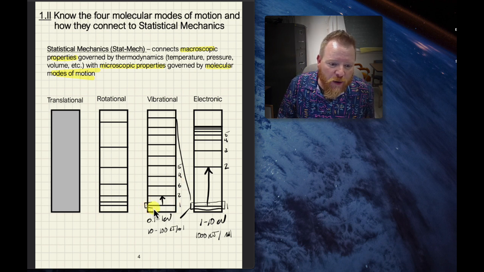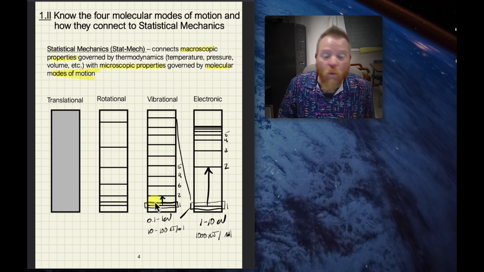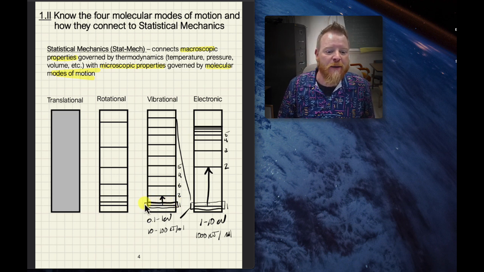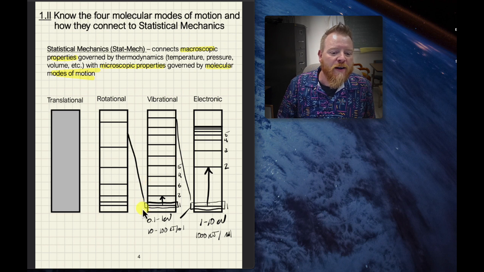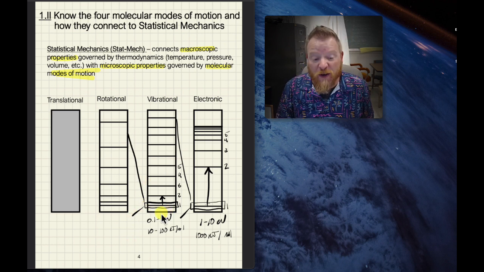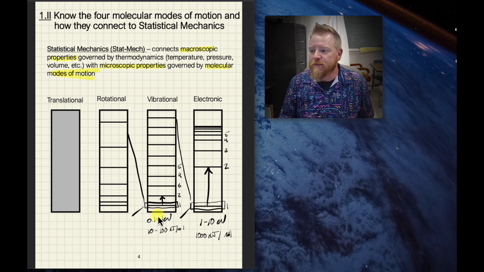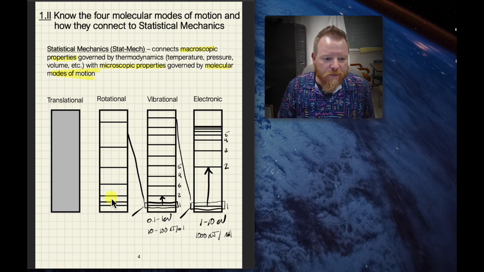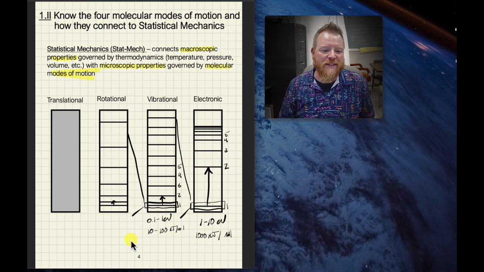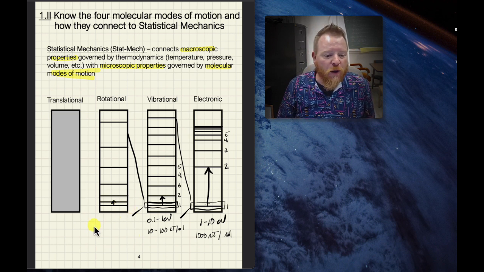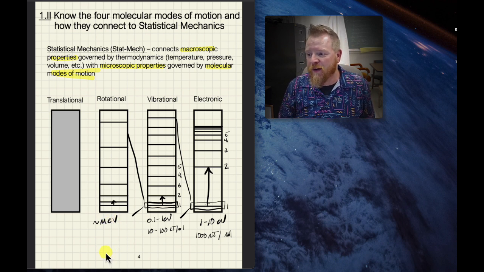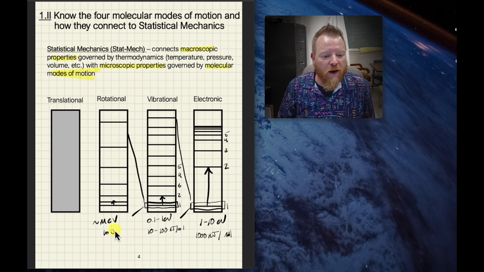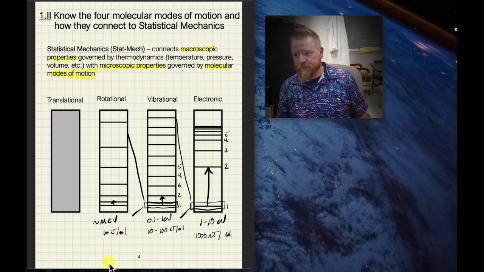And similarly, if we were to zoom in on any one vibrational state, let's pick the ground state, we could see a whole bevy of rotational states would fit within that one level. And you can see the rotational levels go up. They spread out as they go up. We'll explore that in more detail as we go. And if we were to look at a typical energy spacing in the rotational levels, those are going to be on the order of milli electron volts. So 1/1000th of an electron volt, or on the order of about 10 joules per mole.